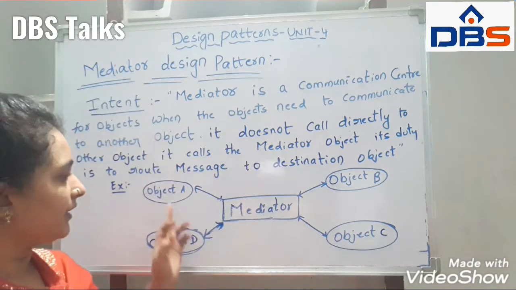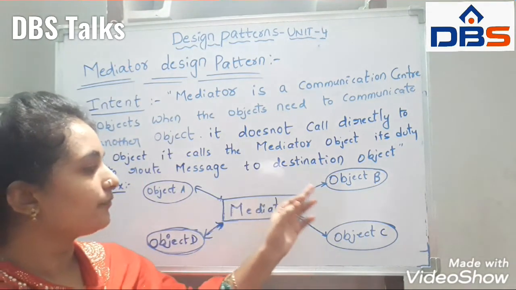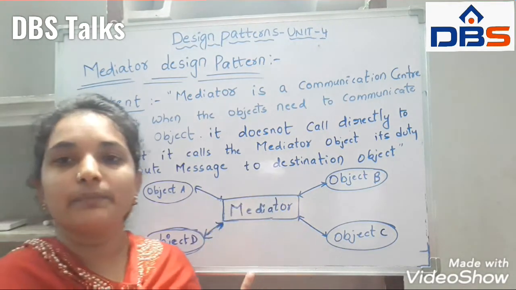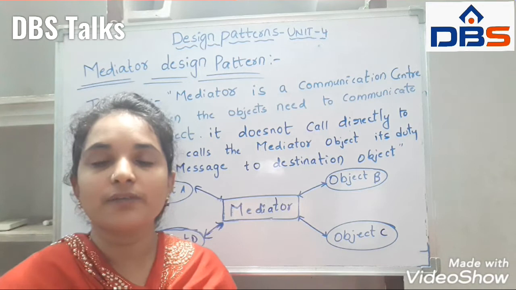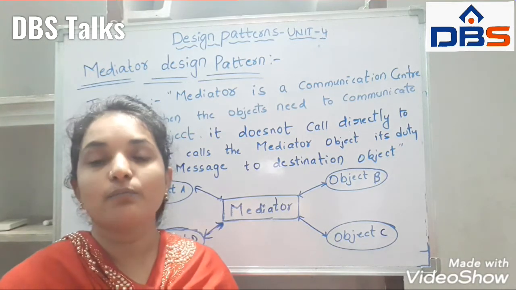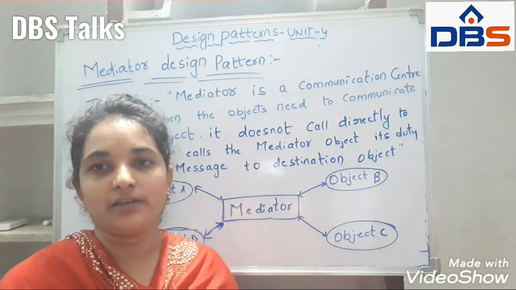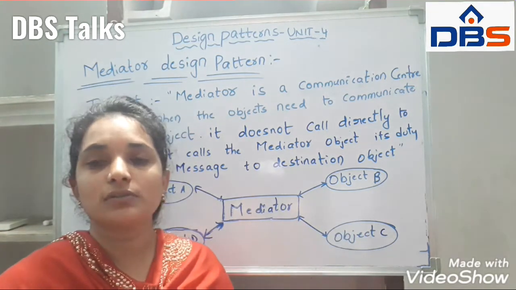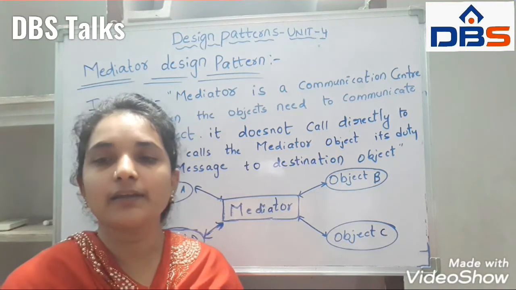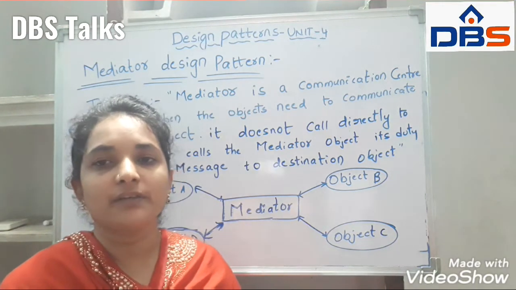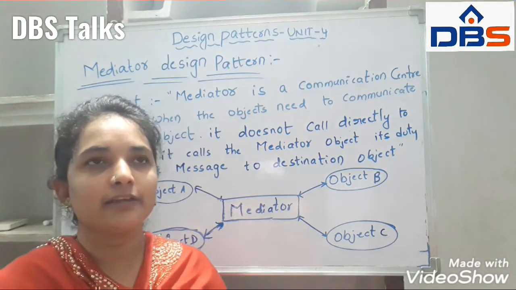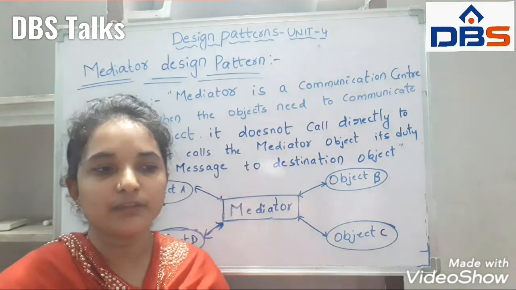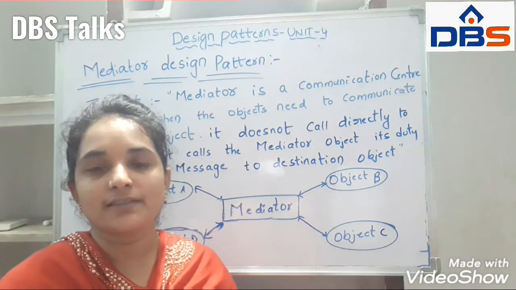So here I have multiple objects. If you don't use a mediator, the communication between these objects will become more complex. If the complexity increases, there are more problems, and we cannot identify which object is communicating with which other object. So we use the mediator in order to reduce the complexity of the communication. This pattern provides a mediator object which normally handles all the communication between different objects. So that is called the intent.